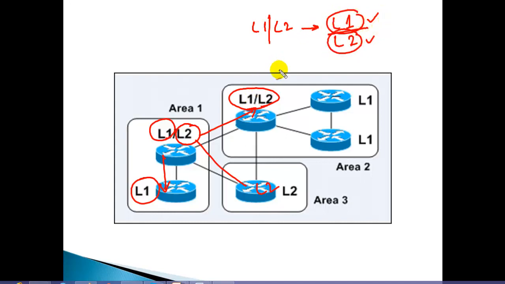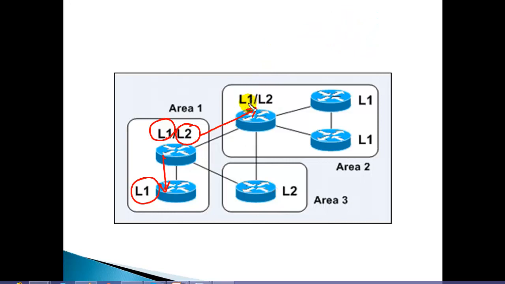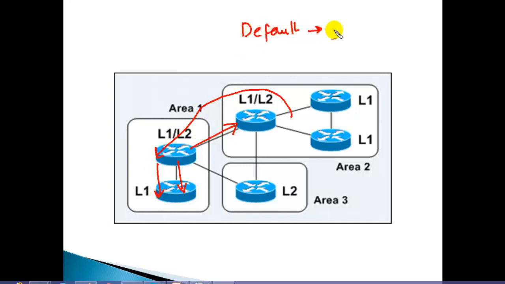And these are typically your border routers, like here, which are connecting to external routers in a different area, and also connecting to internal routers. These routers take the routes from the other area and then send them to all the internal routers. And by default, whenever you configure IS-IS, every router will behave like a normal L1 L2. L1 L2 is the default behavior of every router, but if you want, you can change a specific router to level 2, or change a specific router to level 1, depending upon the requirement.